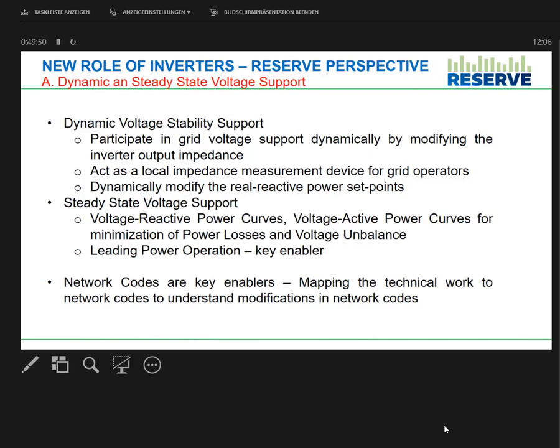And for steady state voltage support, the colleagues from University College Dublin are doing this work. They're defining curves like voltage reactive power curves. So based on the grid voltage, they decide how much reactive power they should inject to support. And these curves are calculated by doing an optimization for minimizing power losses and unbalance. So multiple objective optimization. And then basically what we found from this work was that